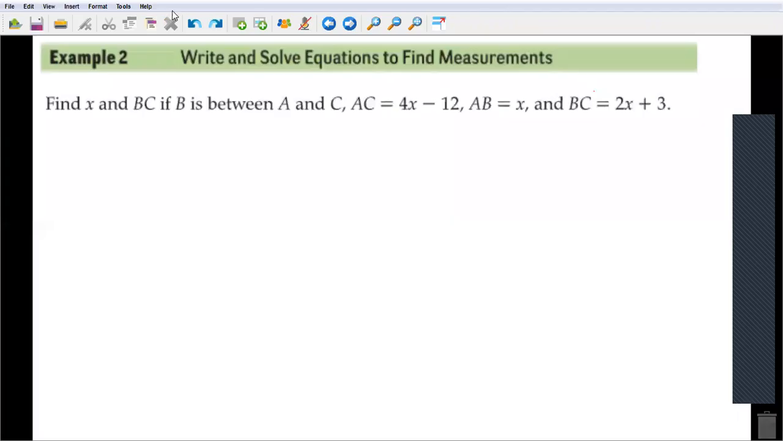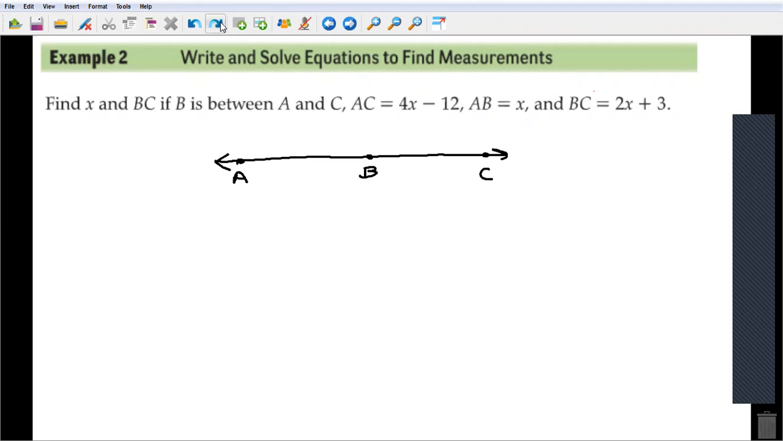So in this question, they're asking me to find x and BC if B is between A and C, and then these following segments equal those algebraic expressions. So the first thing that I like to do here is to draw a picture. This picture doesn't have to be drawn to scale, but it can really help me to visualize what's going on